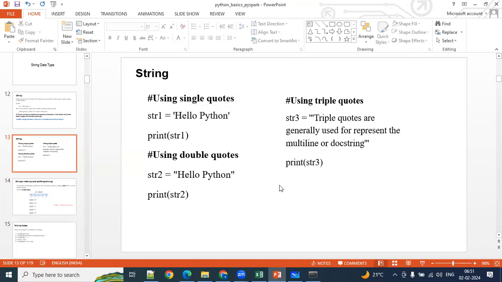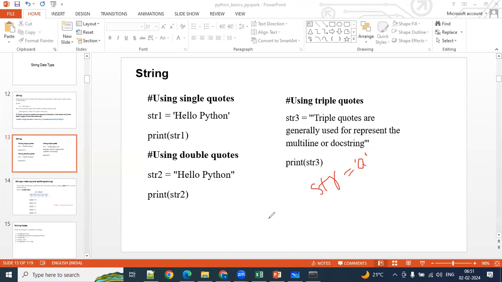Okay. So Siva, you're saying that string is a list of characters, or a sequence of characters, right? Then if I say str equal to, and I just mention within single quotes A, that's it. Now it's not a sequence of characters, right? What is the data type of this one? Is it a string or some char?